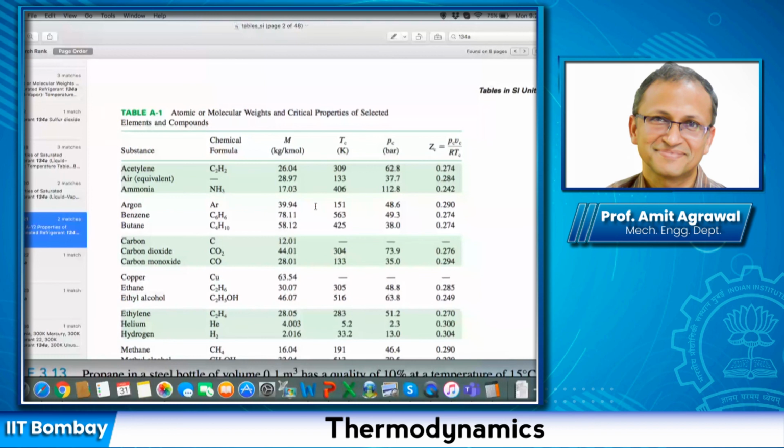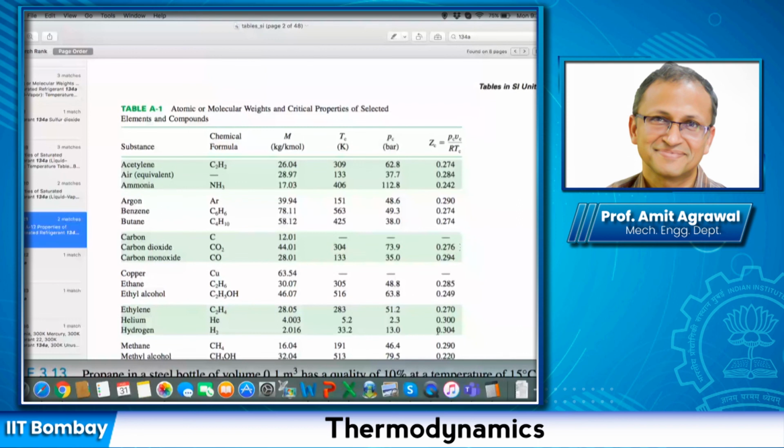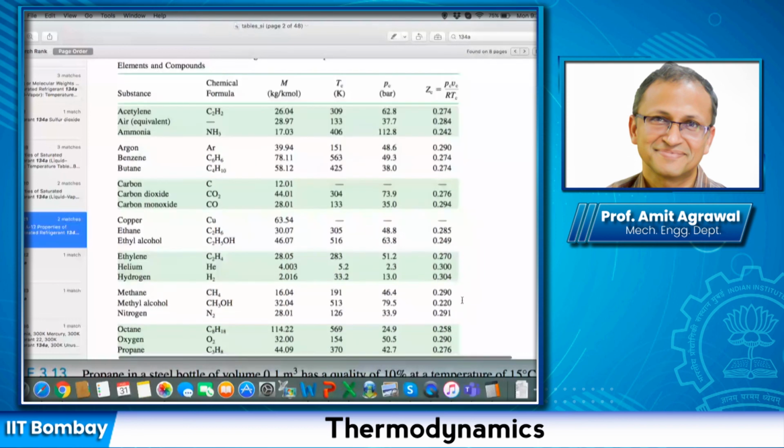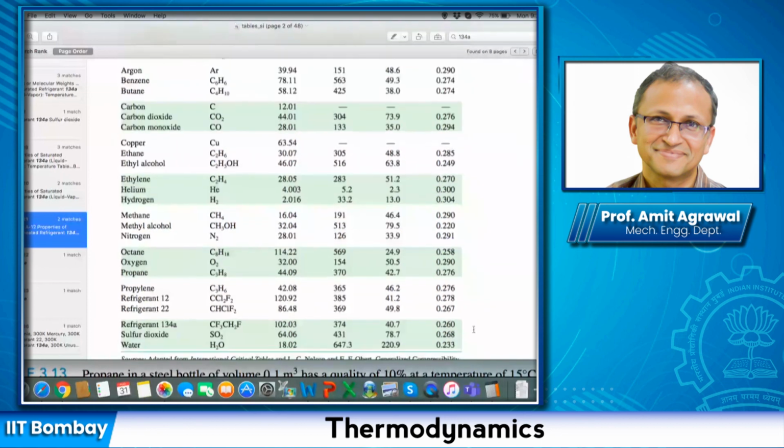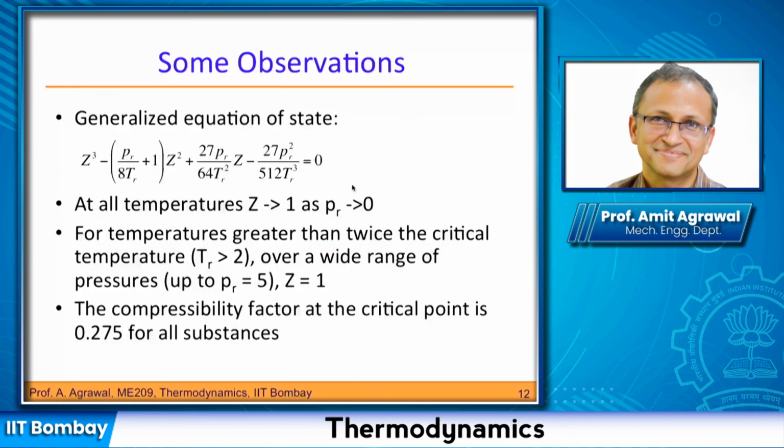And you look at the compressibility factor which has actually been measured, and you can see that for all of them, they are pretty close to 0.275. Of course, you see some deviation for water, which is 0.233. You also see values of 0.304. But other than that, you can see that they are lying in a reasonably small range of compressibility factors. And of course, this value comes from putting PR and TR equal to 1 in this equation here and then solving for Z. Okay, is this clear? So I think we'll have to stop here for now and go for the quiz.